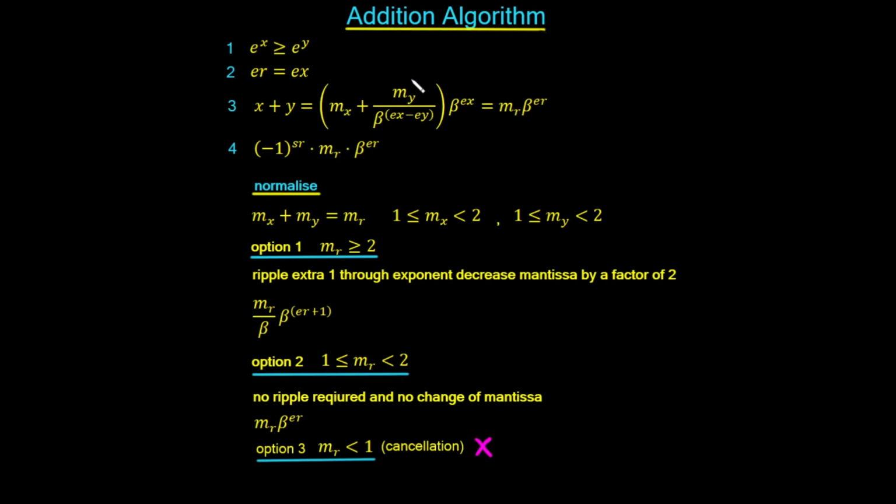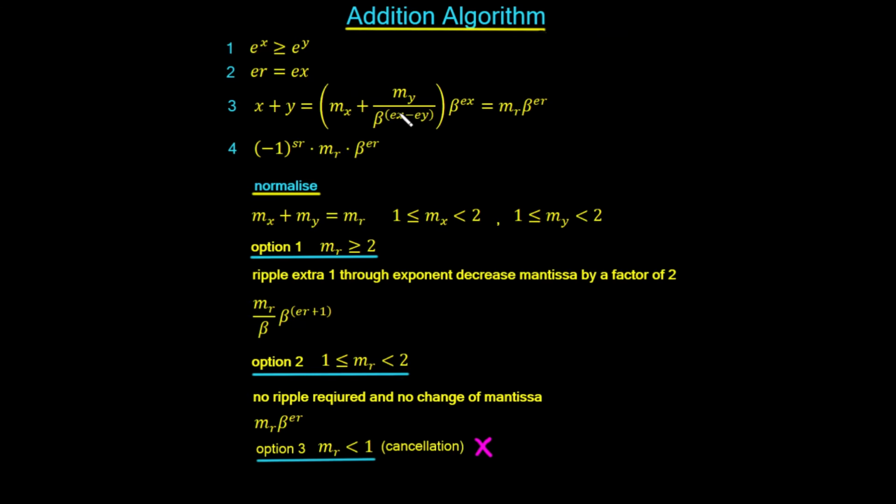But as we said, the mantissa for y is going to be shifted in order to make it equal to the mantissa of x. The exponent of y is going to be shifted to make it the same as the exponent for x. Therefore, we're going to have to decrease the mantissa by that same amount. We then go ahead and we can do the additions,